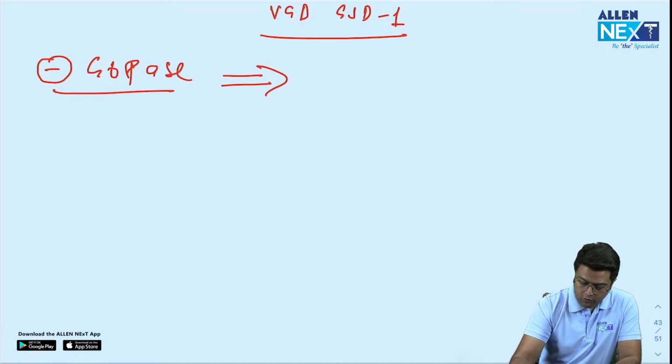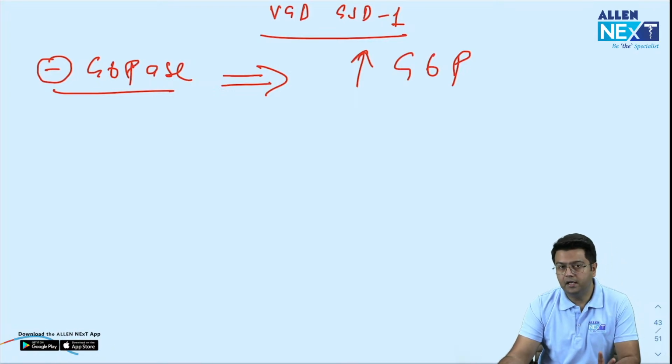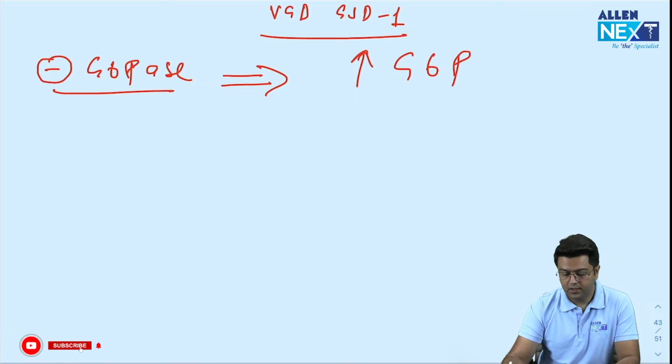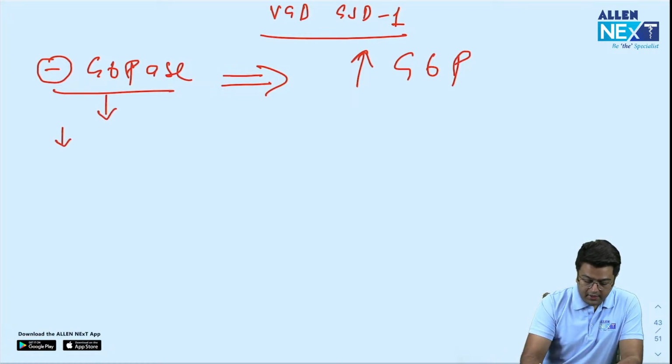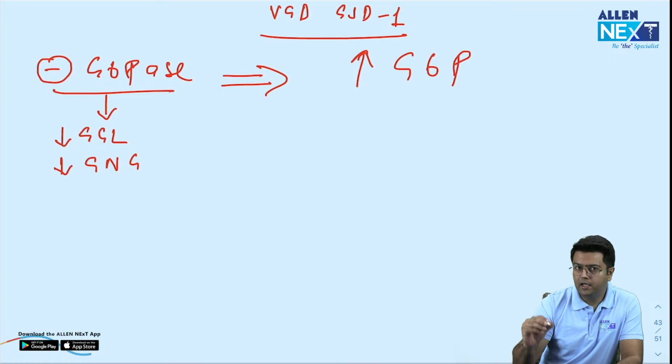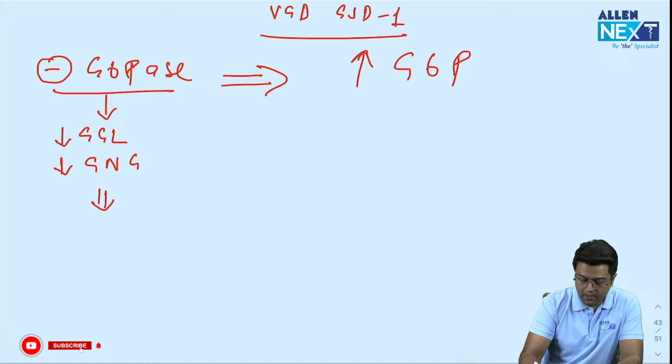So when there is a deficiency of glucose 6-phosphatase, there is an increase in glucose 6-phosphate. So there are 3 clinical features which appear because of these 2 points. First, because of glucose 6-phosphatase deficiency, there is a decrease in glycogenolysis and a decrease in gluconeogenesis. Both the pathways have this enzyme as the last enzyme. So guys, this will cause the severe